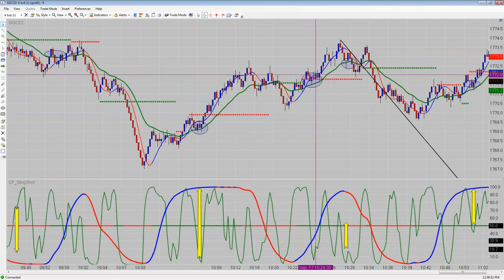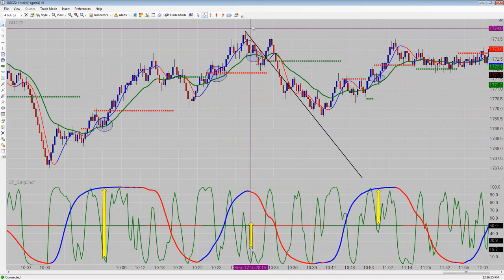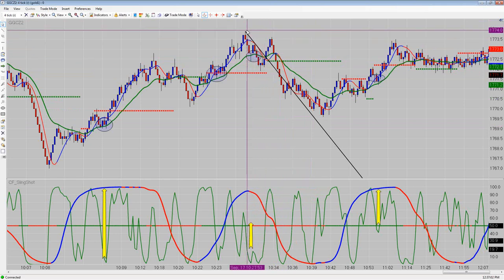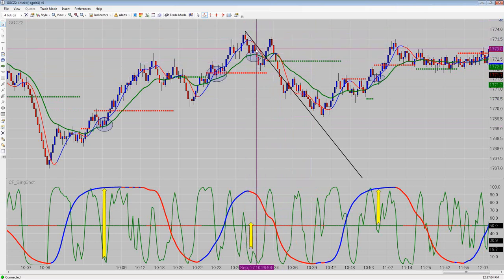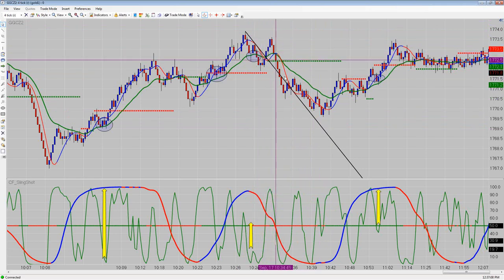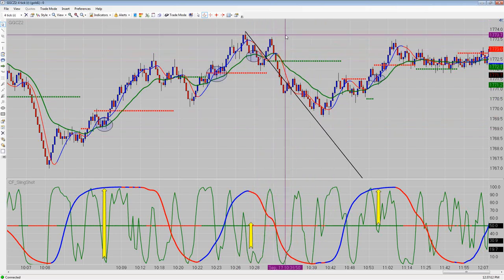There was another opportunity right here, the same thing. Another one right here that didn't go anywhere. After that didn't go anywhere, I drew a trend line down this because that's what we currently had. And I was thinking that it was going to move down. Unless it closed on the other side of it, I was thinking it was just going to follow this trend line down. Obviously, it closed on the other side of it, and it gave about 6 or 8 ticks,